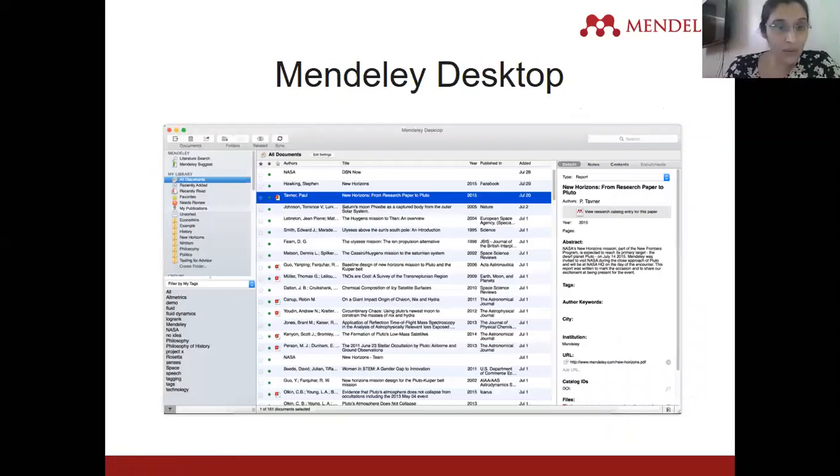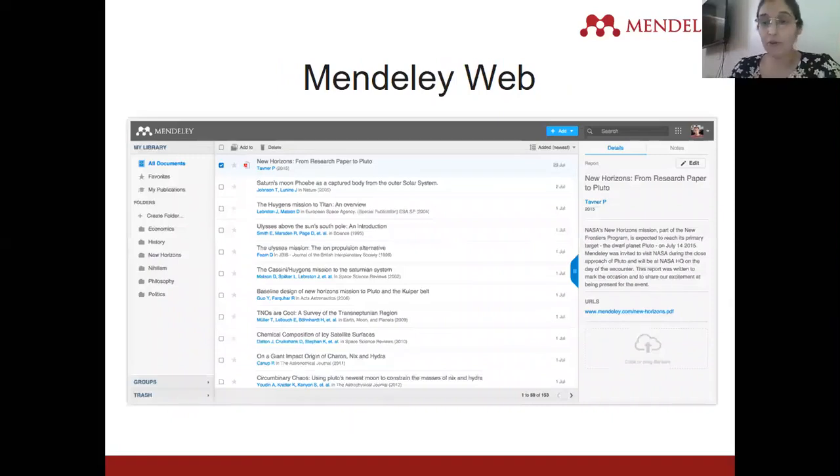Okay. Now, this is how you see the desktop. All of you must have got this vision. If you've not got it, we will work towards it. So everybody should have this desktop vision. This is the web vision. How do you see the web vision? If you go to your account, Mendeley account from the website, it will show you that you have logged in as, say, Jaspreet Kaur. When you press that icon, this vision will open.